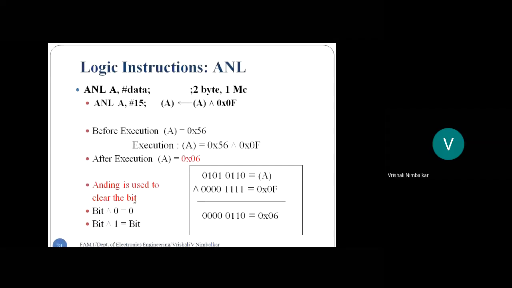Students, if I do not want any bit, then I will AND it with zeros. If you AND it with zeros, the bit is gone. Right? You get zeros in the answer. Correct? And if you want the bit to be passed to the output as it is, AND it with all ones. So that's the purpose of ANDing. Why was this instruction introduced? ANDing is mostly used to clear the bit.